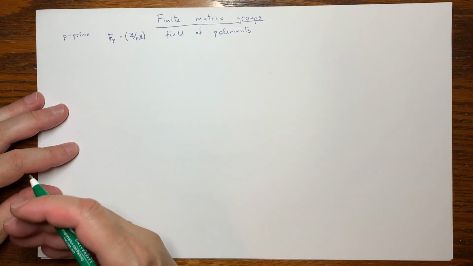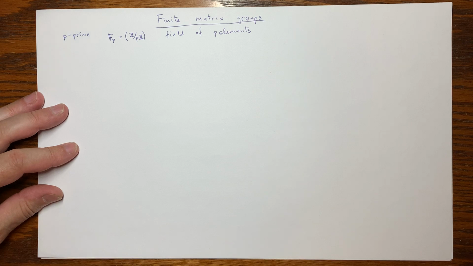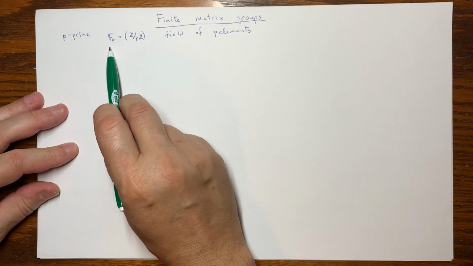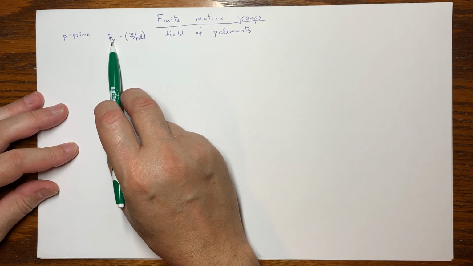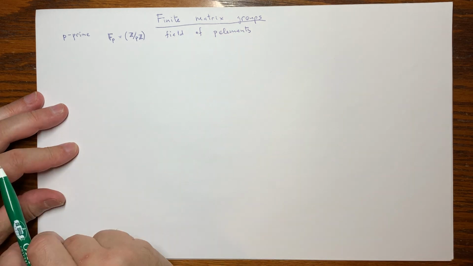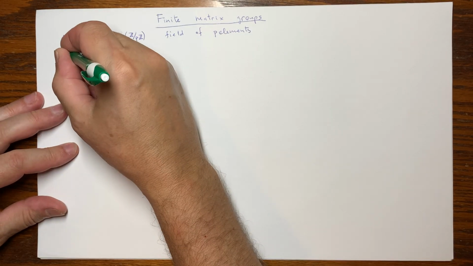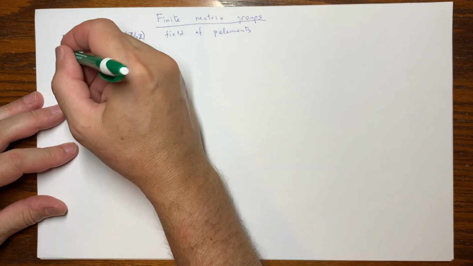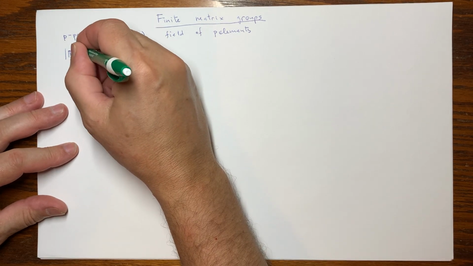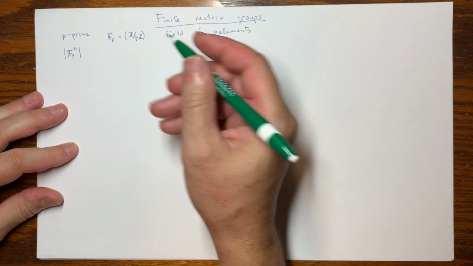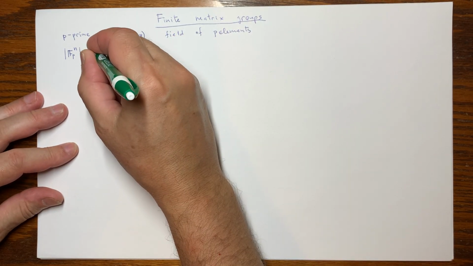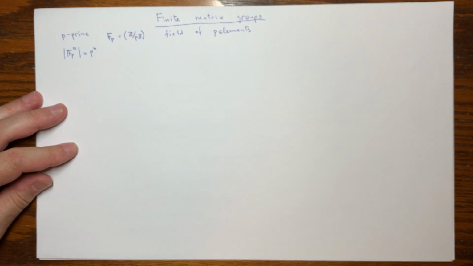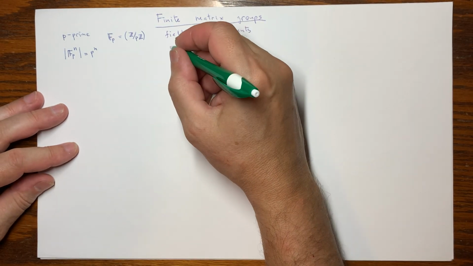And all the linear algebra will involve a finite number of things, if we're doing linear algebra over this field. So, for example, the number of vectors in the coordinate n-dimensional vector space over this field will be just this power of p. And that is an immediate consequence of the